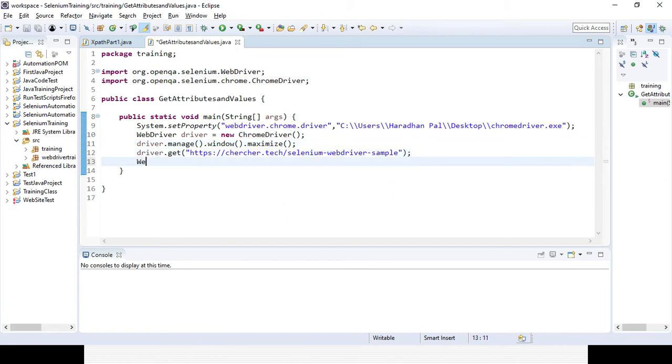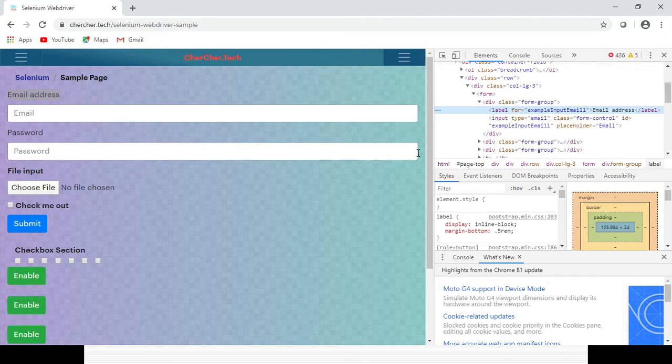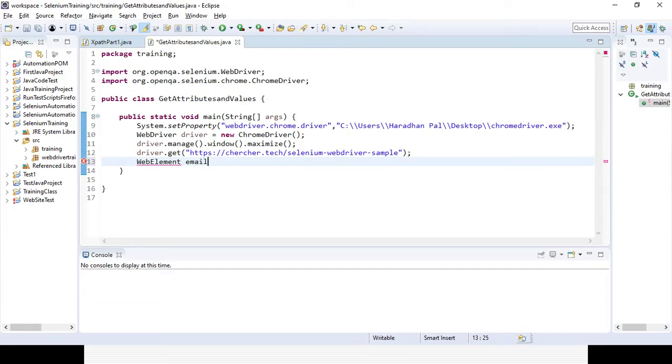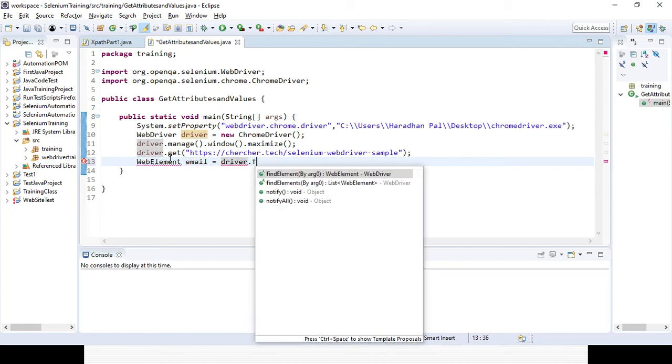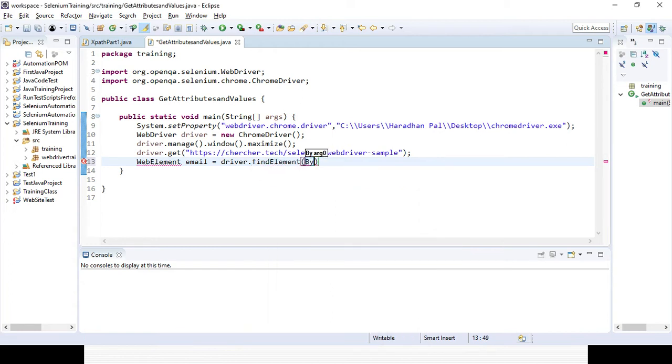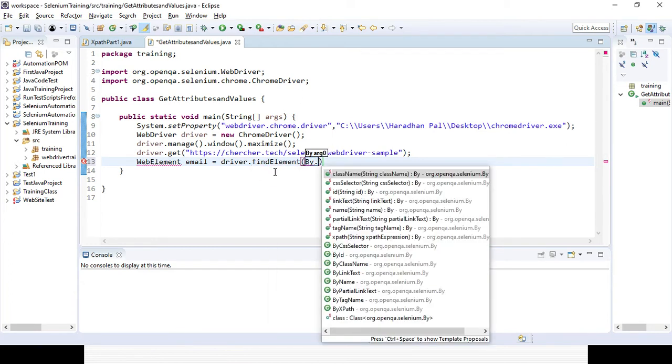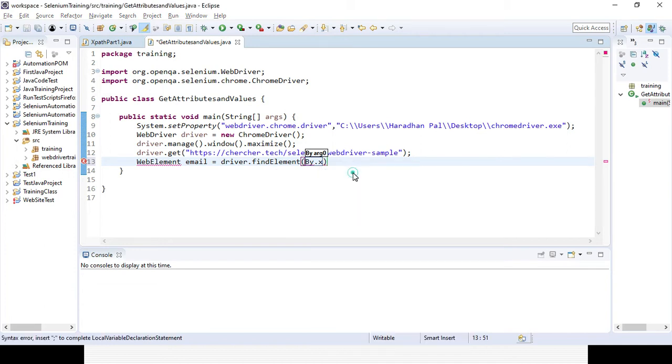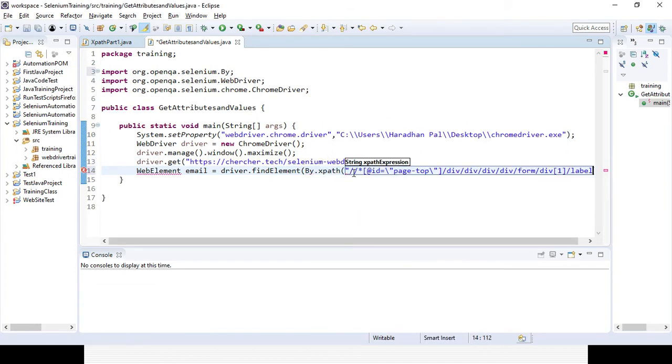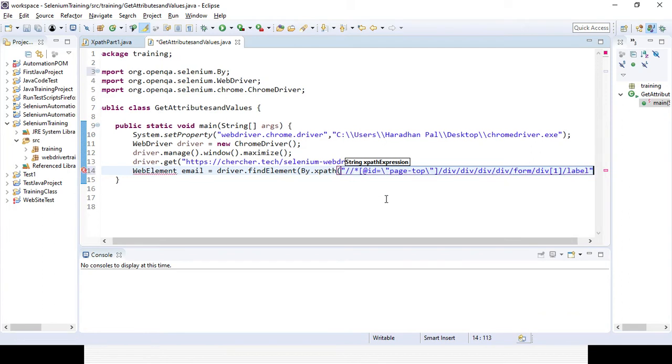So I am storing the web element, suppose this is the email address, in emailField equal to driver.findElement, and I am providing the XPath. With the help of XPath I am identifying the element.